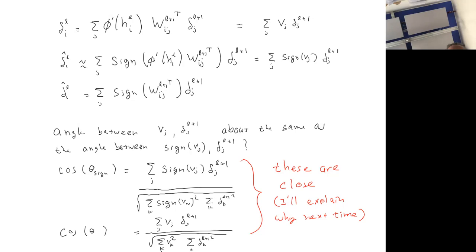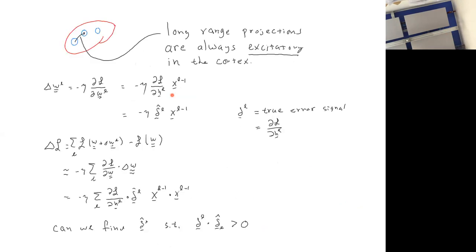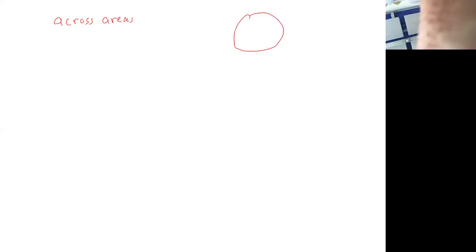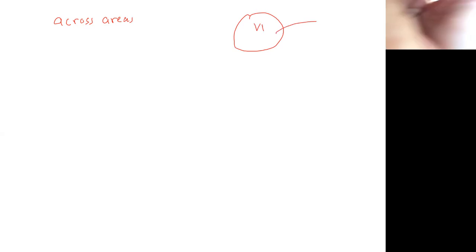And so really the point is that all you need is the sign of the weight. Okay, this was actually shown in a paper not long ago. And that's kind of nice because if you go back to this picture, the sign is always positive. So it turns out if you want to run backprop in the brain, at least across areas, like, you know, this might be V1, V2.